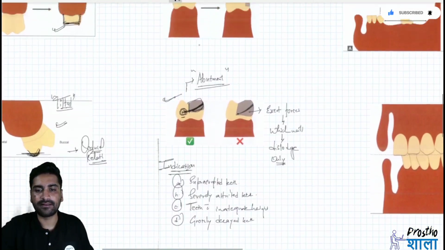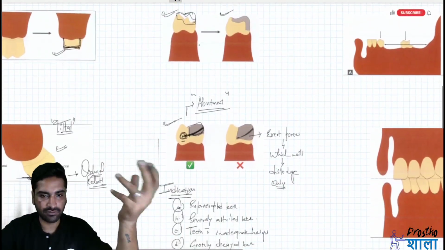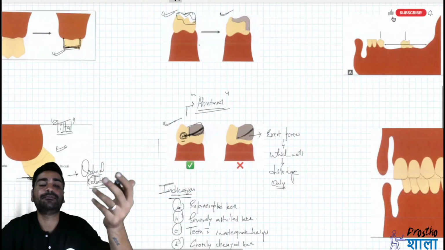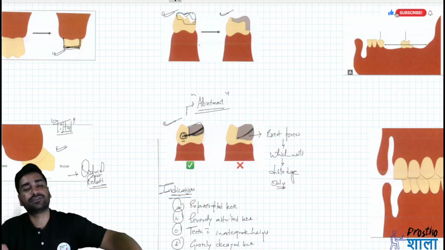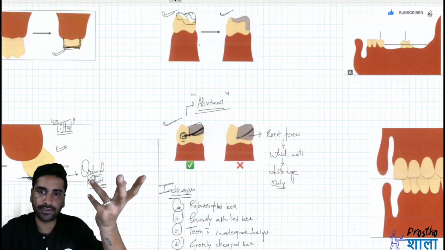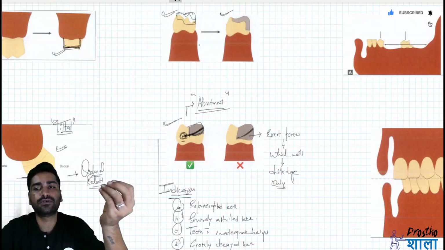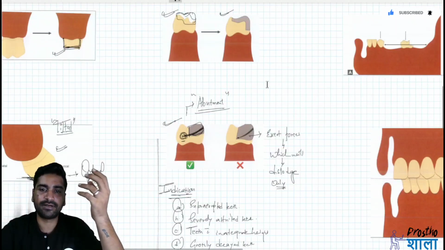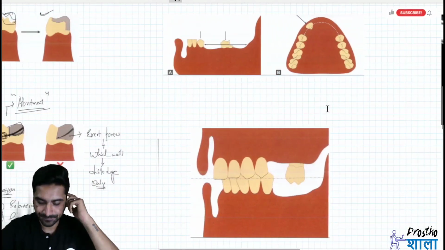If not an onlay, you can also go with a full coverage crown. It is not necessary that every time you have a grossly decayed tooth you go for an onlay. There are cases where you will not be able to go with an onlay. In those cases, you have to go with a full coverage crown and then fabricate an RPD over it. Then next is